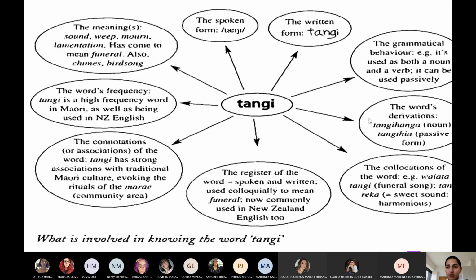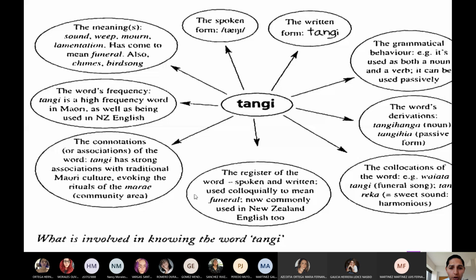The word's derivations, that is, the words that emerge from a root. For example, the word concept, conceptualization, concepts, conceptualized. Okay, well, you have here another example, of the word tangi. The collocations of the word, okay, such as a funeral song, a sweet sound,